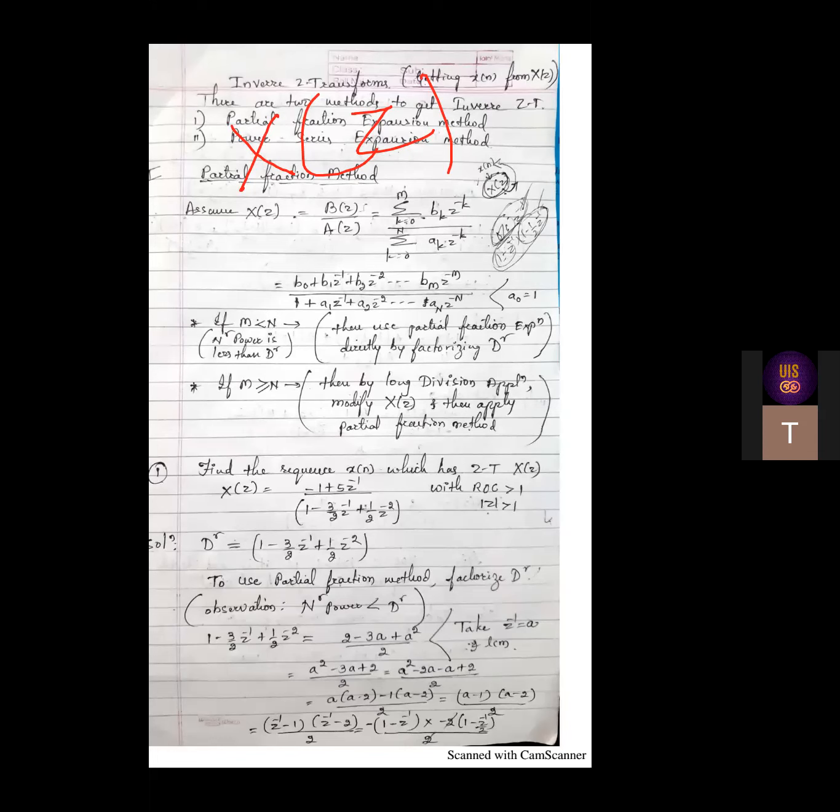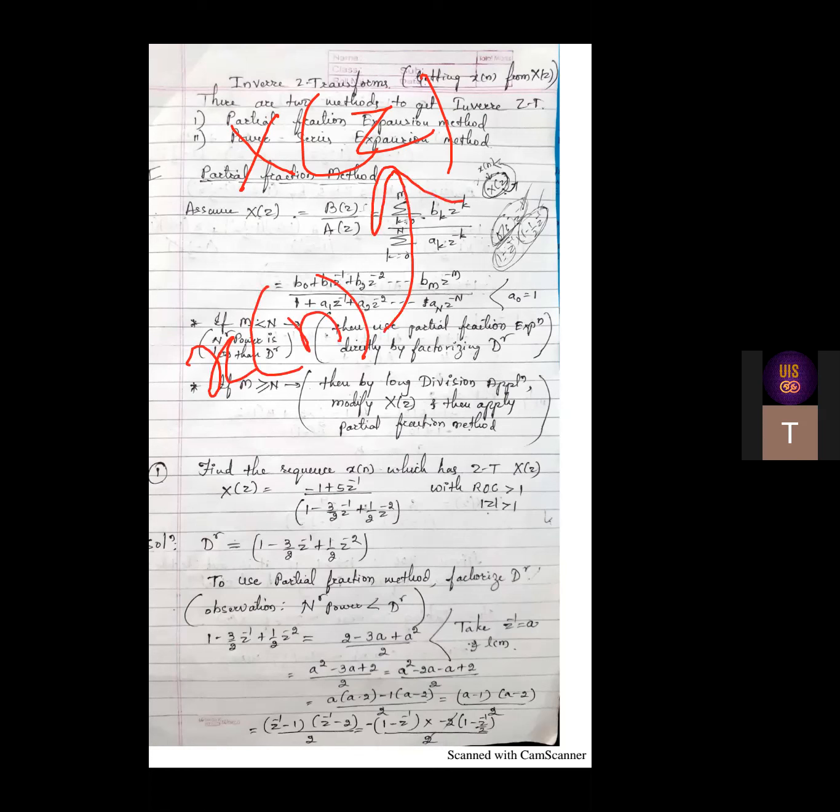Then what is ROC? Then with a few basic problems given, we have found out the Z transforms. Then we have checked the condition for ROC and how to draw the ROC on the Z plane. Then we have listed a few properties of ROC. Then properties of Z transform, some 10 properties we have listed, and a few of those properties we have applied in further problems. So this much was dealt with in the first part of this topic, the Z transforms, wherein a given x of n sequence is there and you find x of z.